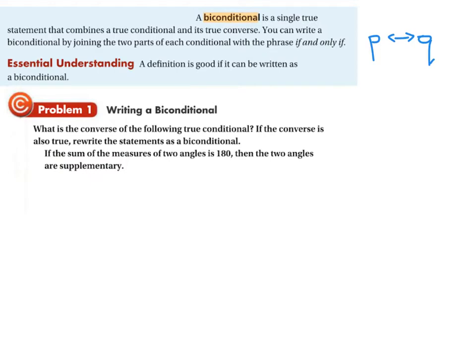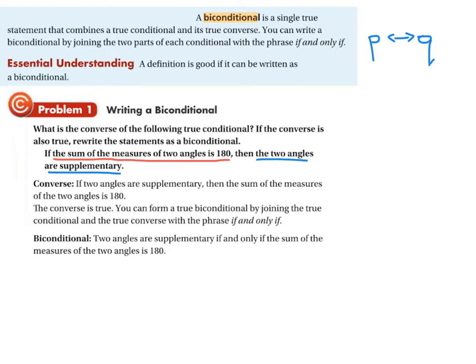So let's do that. Let's identify the hypothesis: the sum of the measures of the two angles is 180. And the conclusion: the two angles are supplementary. If we were to write the converse, we would have to switch those. So let's do that. If two angles are supplementary, then the sum of the measures of the two angles is 180. That's true. So now we can write this as a biconditional using if and only if, that two angles are